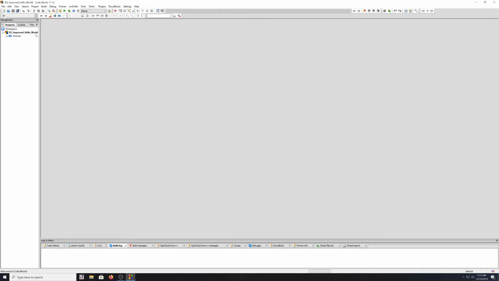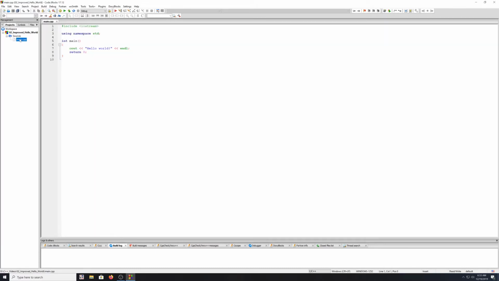Again, as a reminder, we won't see anything at first, so go over, open up your project, expand sources, and double-click main.cpp. And here we've got the standard template that's generated every time you create a new C++ project in Code Blocks. So this is once again the exact same thing that we've seen in the first lesson. And Hello World is kind of boring in my opinion, so we can expand upon this somewhat. You know, you could always add something like